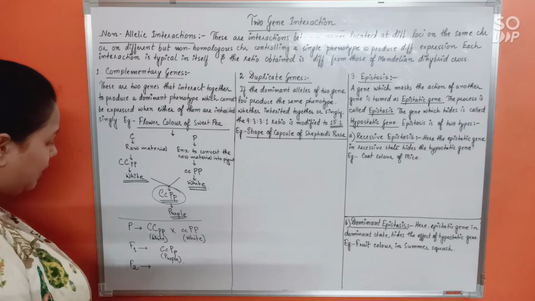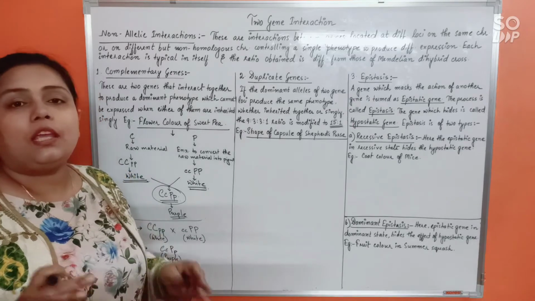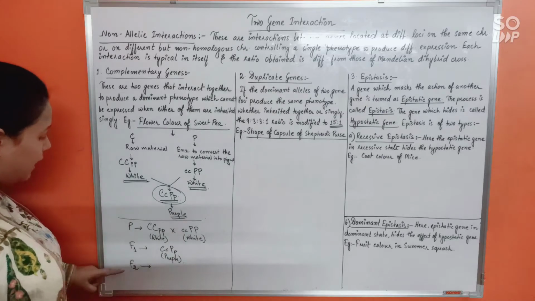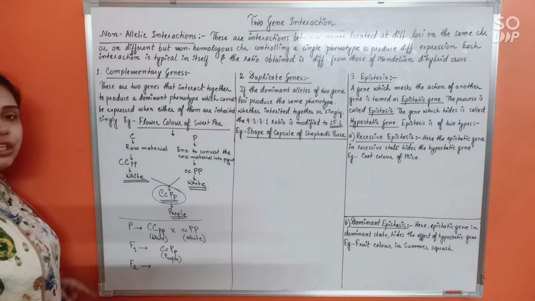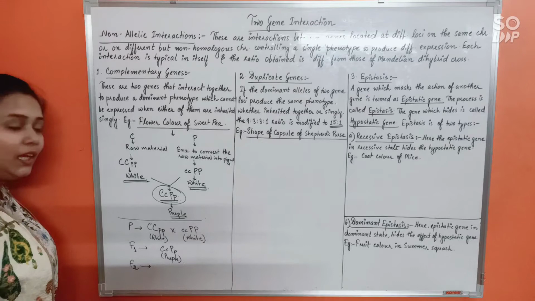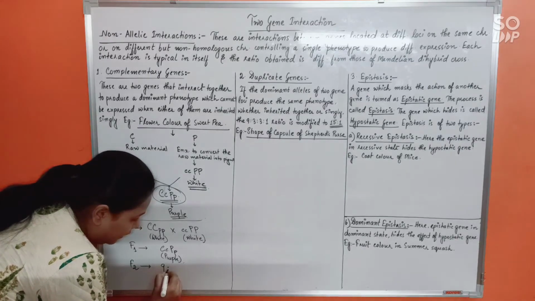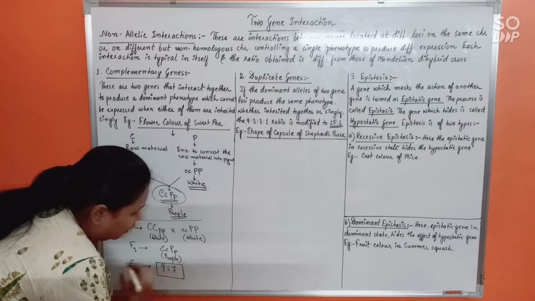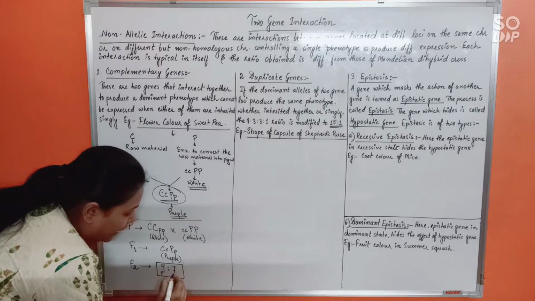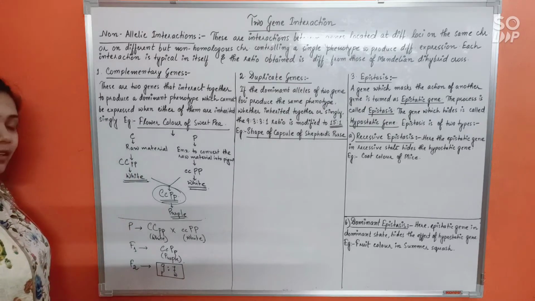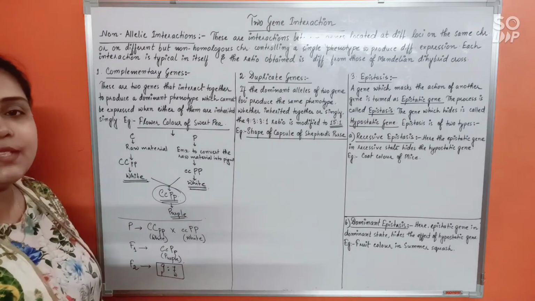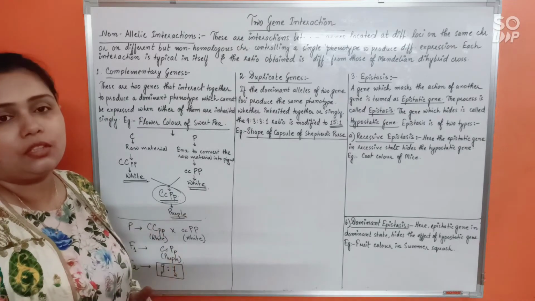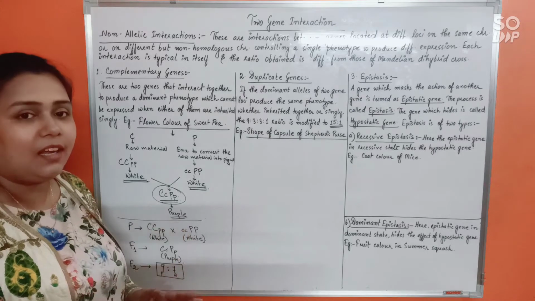Alright? So if you have already done it, then you of course know that in the F2 generation for complementary genes, the phenotypic ratio would be 9:7, isn't it? Where 9 is for purple and 7 is for white. So in that case, does it obey Mendelism? No. So complementary genes would be a deviation from Mendelism. Is that clear? Understood?